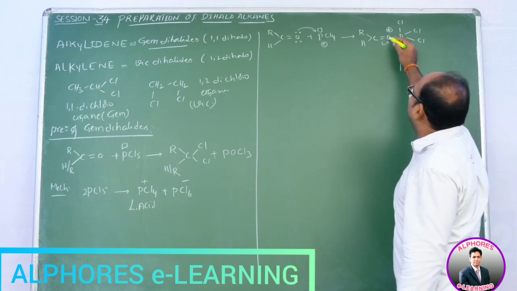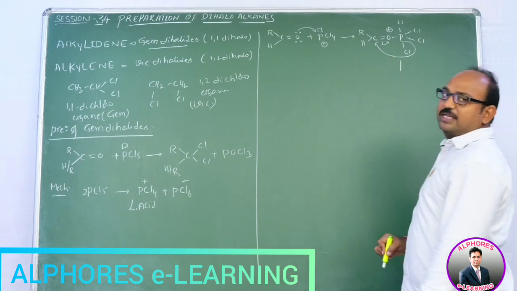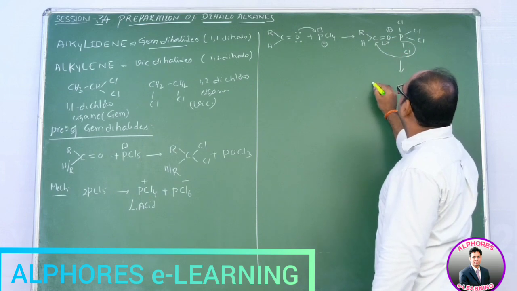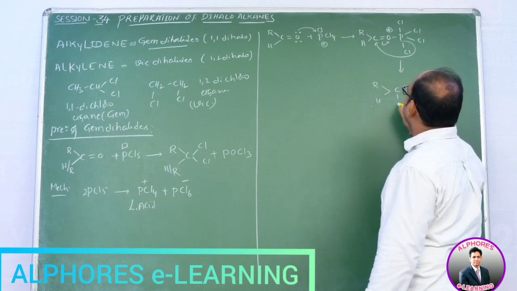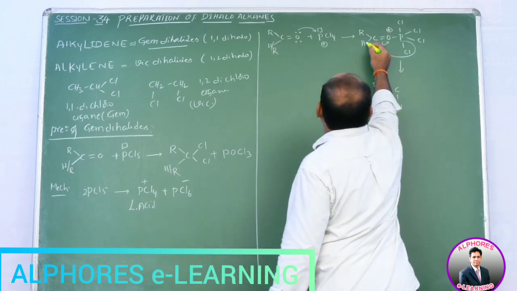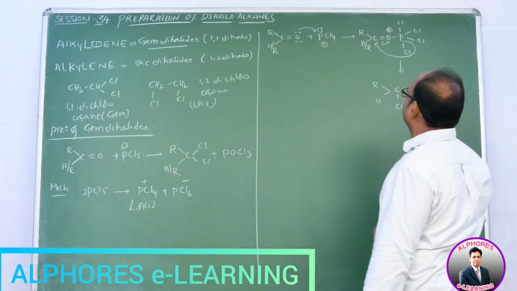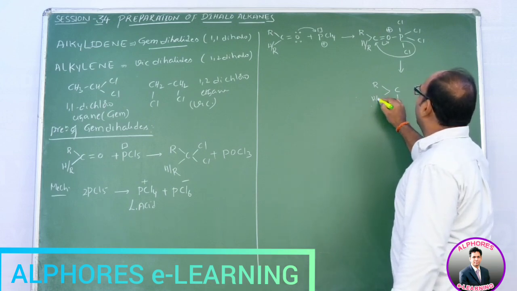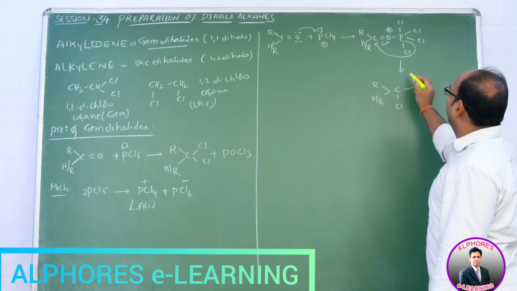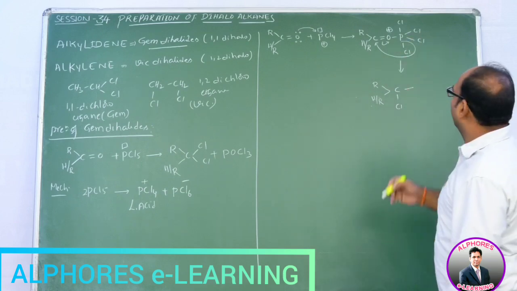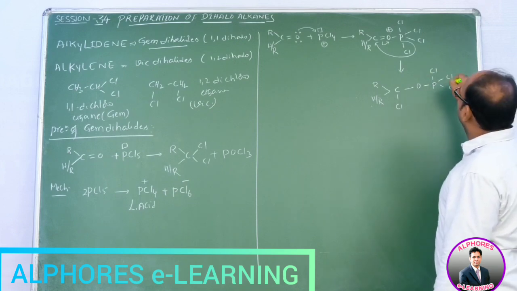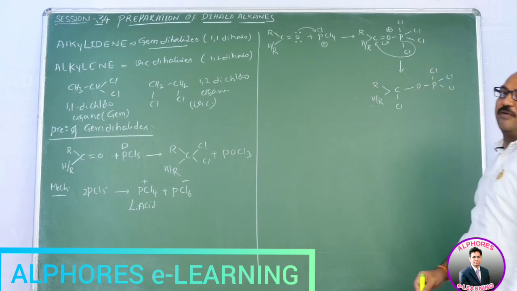Then what happens whenever these electrons are shifted? From phosphorus, chlorine migrates from phosphorus to carbon. Then we get R, H, C and Cl. Either it may be H or R, whatever it may be. If it is H, aldehyde; if it is R, ketone. So either aldehyde or ketone. Here Cl migrated along with electrons, and now between carbon and oxygen, earlier it was a double bond, now it converts into a single bond. Now around phosphorus, out of 4 chlorines, 1 chlorine migrated along with the electron pair.